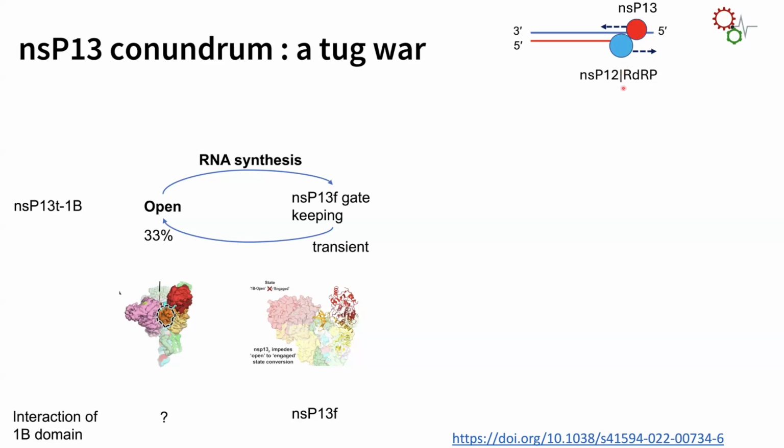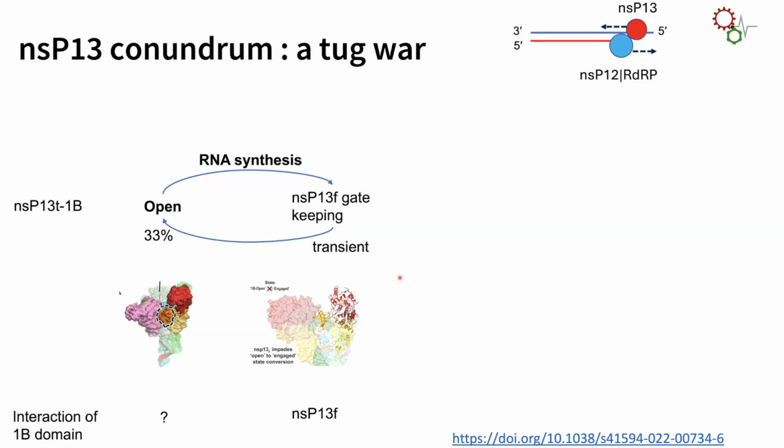So one of the conundrums is that NSP12 wants to go from 5' to 3', but at the same time, NSP13 also has the same directionality. So if they are within the same complex, how can this happen? Because of this puzzling fact, the Rockefeller group proposes some sort of